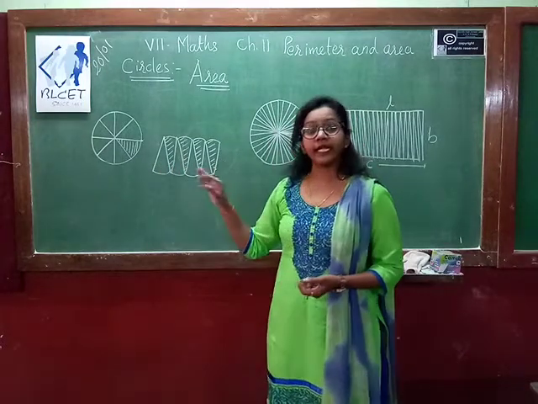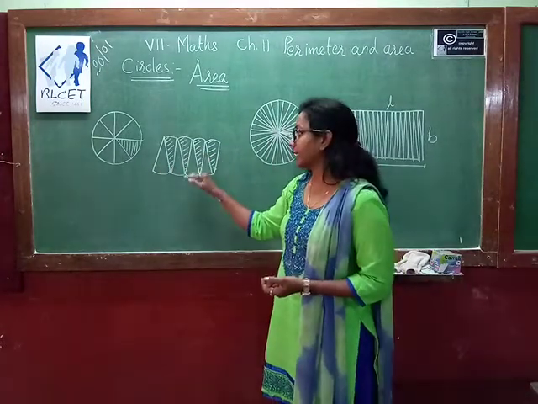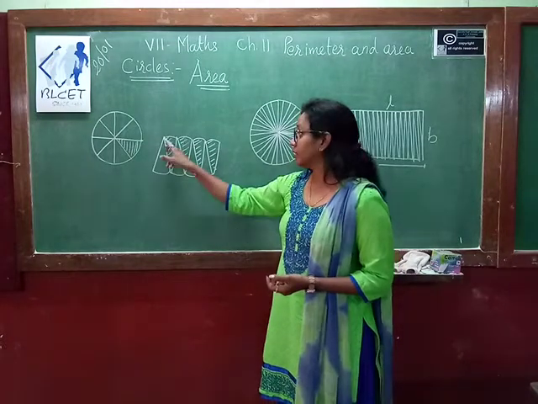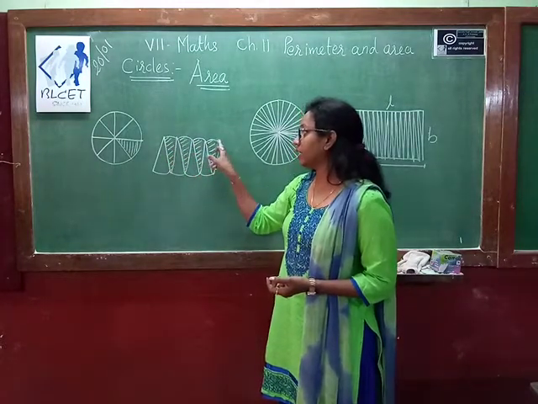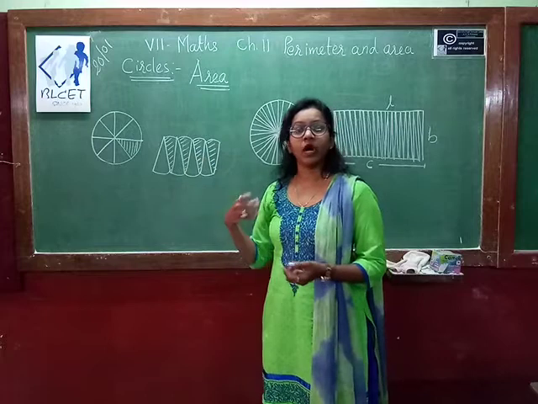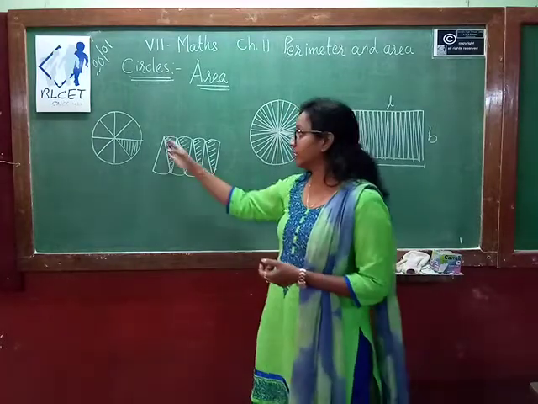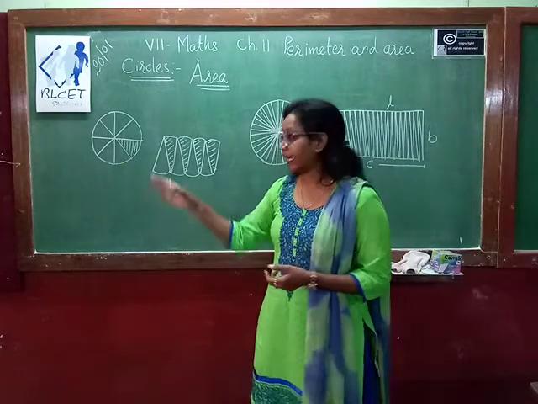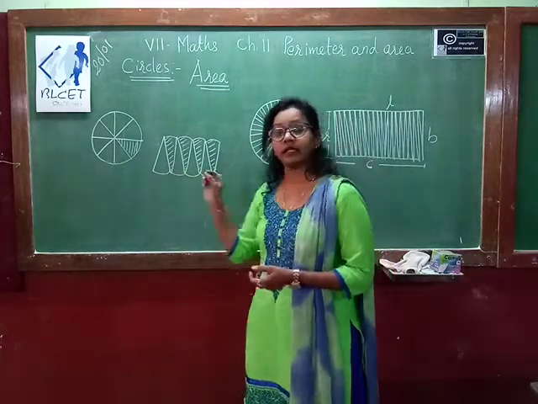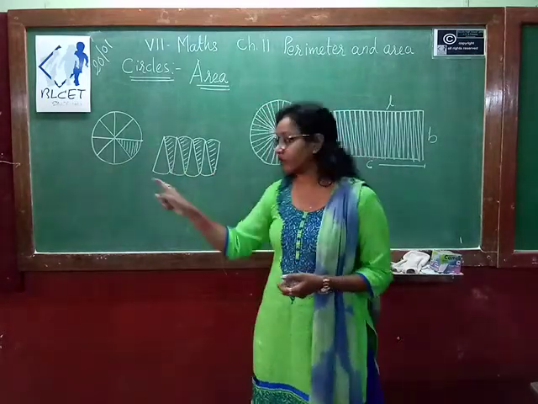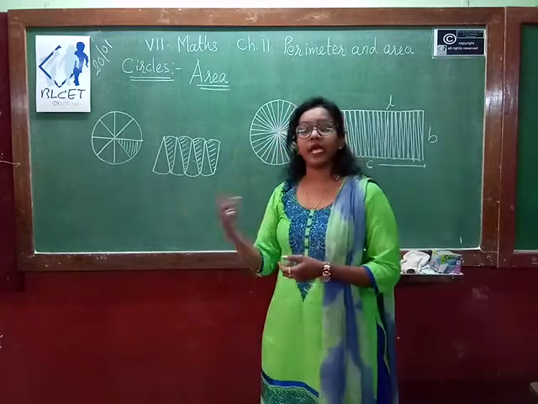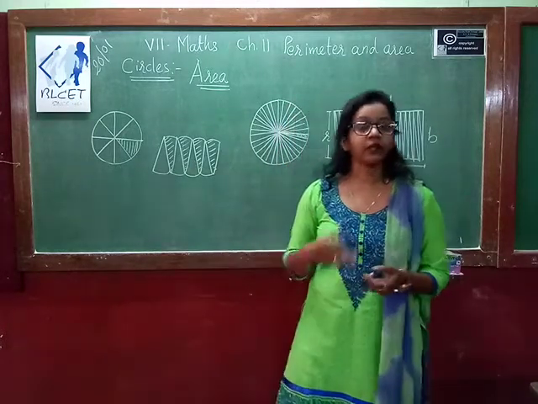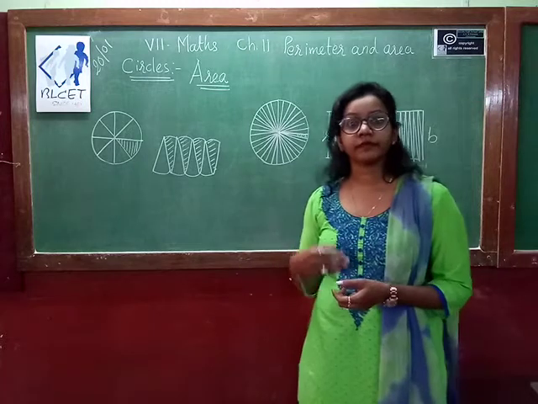So you are getting something that looks like a rectangular shape, but it is a little bit curved. Okay, so what can we do further? Further we can divide it into 16 equal parts and then make the arrangement. Still you are getting a curved surface like this. Again you have to divide into 32 equal parts.